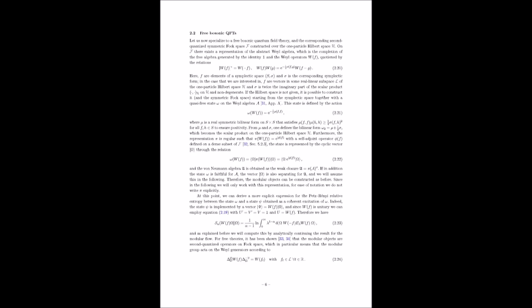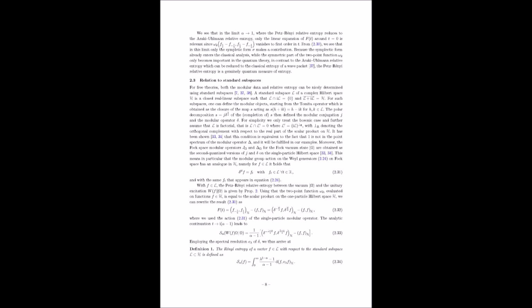So Fröb and Sangaletti are basically using this modular operator as a tool to calculate Petz-Rényi relative entropy. Precisely. They build on a classic result called the Araki-Uhlmann formula, which relates relative entropy to the expectation value of a certain operator called the relative modular Hamiltonian. Okay, and I'm guessing the relative part refers to the fact that we're comparing two different states. Exactly. We're essentially asking, how much does the modular Hamiltonian change when we go from one state to another? And the answer to that question is closely tied to the relative entropy between those states.